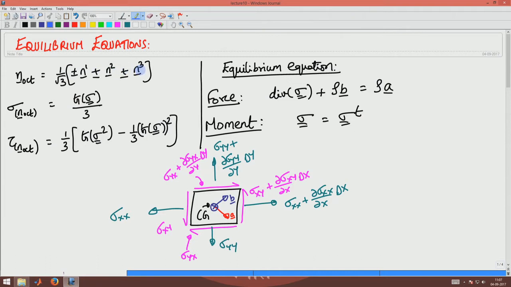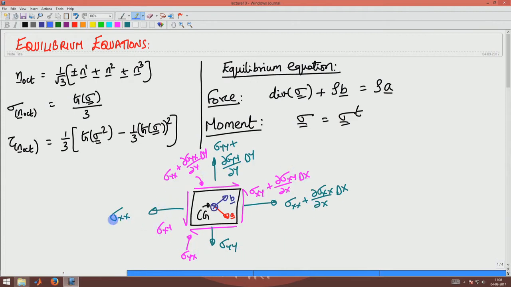We saw that the normal stress on the octahedral plane is given by trace of sigma by 3, and the shear stress on the octahedral plane is also an invariant, which is given by this expression here. We also took a 2D plane stress state, and we saw that if you write the spatial variation of the stresses to first order term in the Taylor series expansion, you can express the plane state of stress as this,